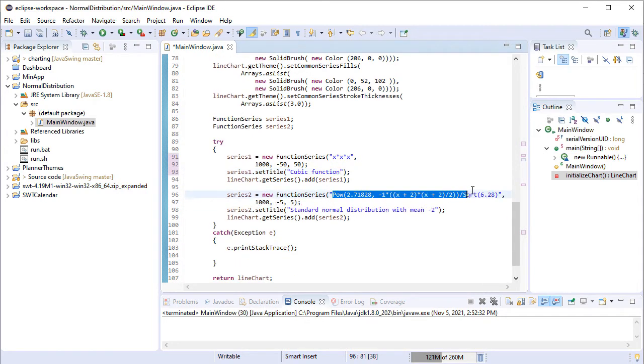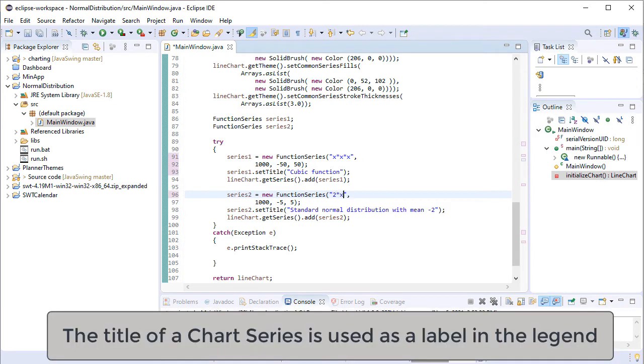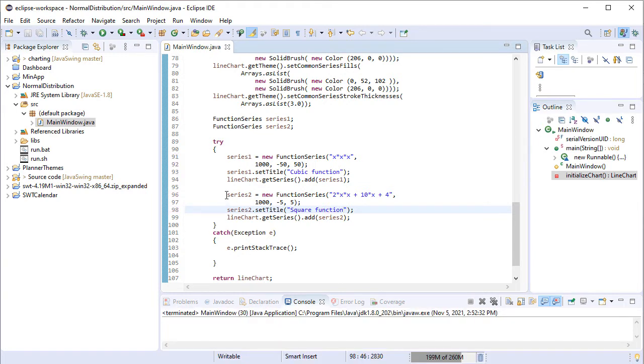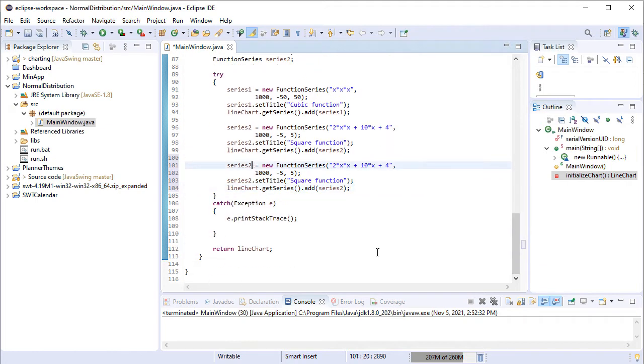The second function is a square equation. We will add a third function, the absolute value.